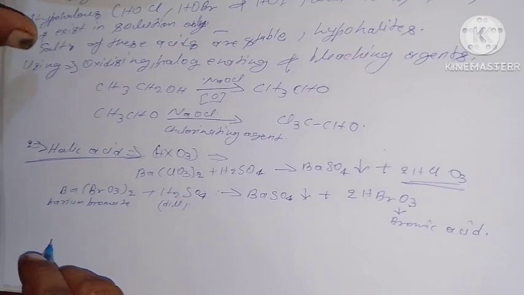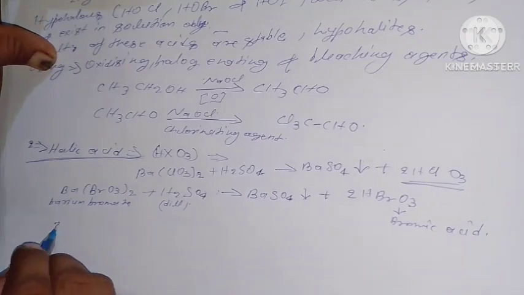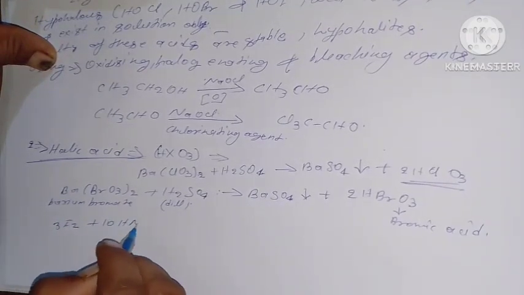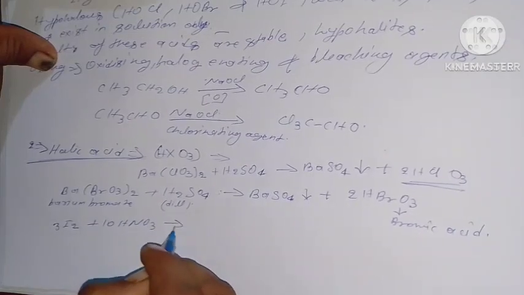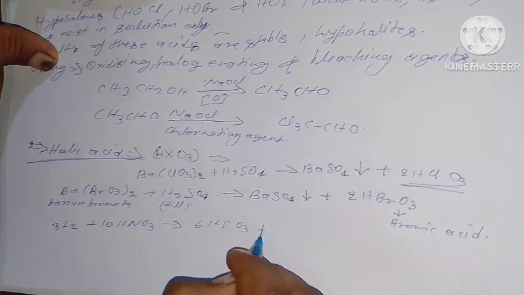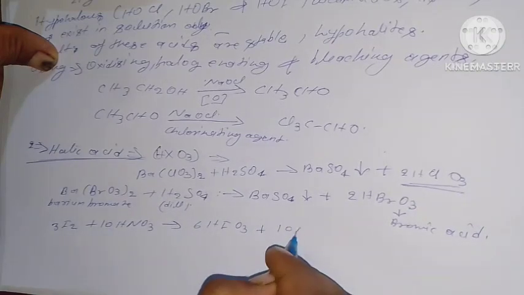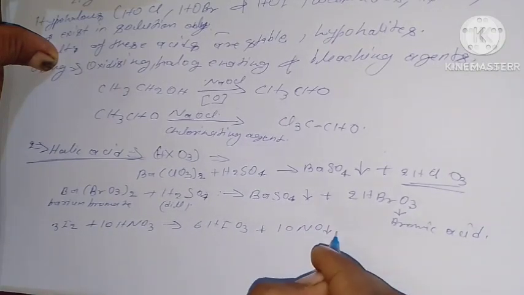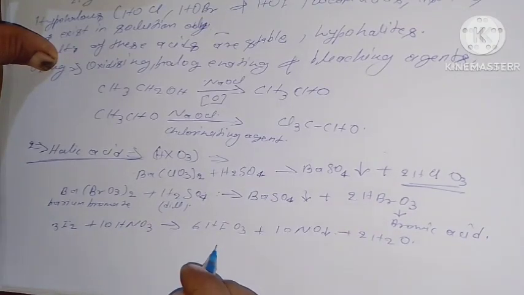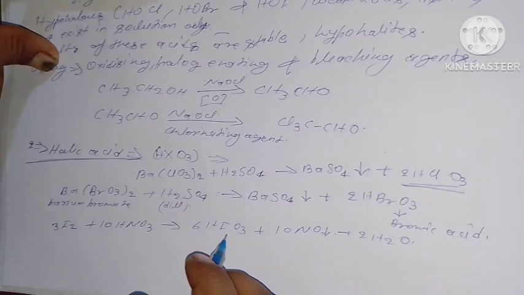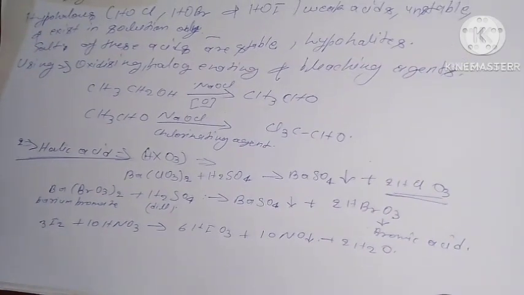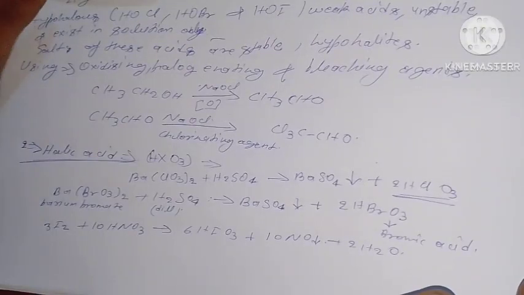concentrated nitric acid. 3I2 plus 10 HNO3, that makes 6HIO3 plus 10NO plus 2H2O. This is iodic acid. Okay. It is also prepared by passing chlorine gas